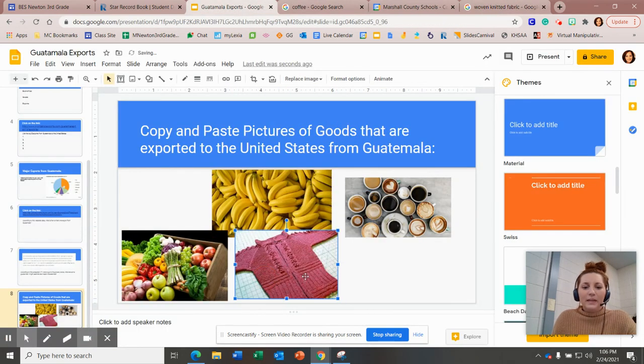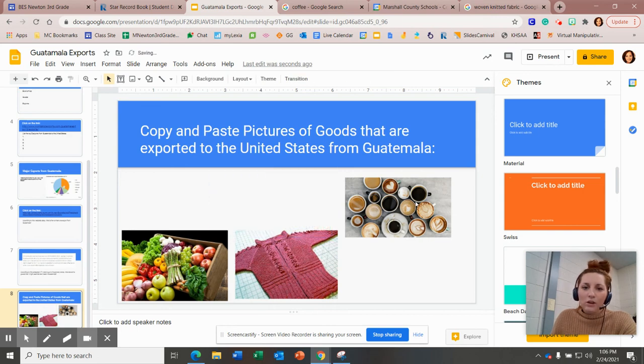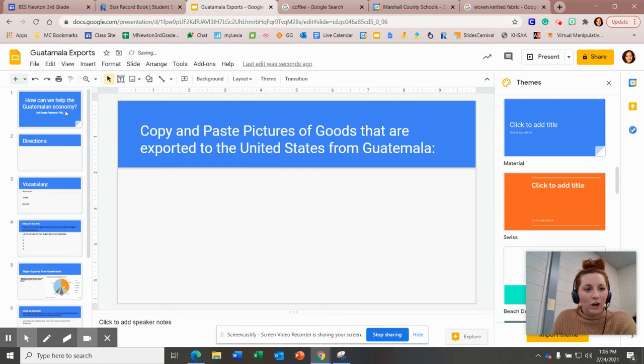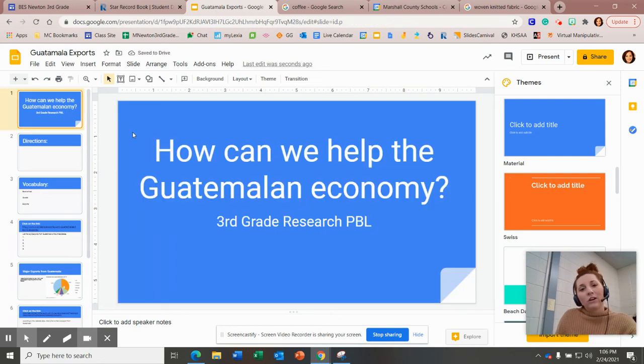Okay, so that's what you're going to be expected to do. Pretty much the whole point of this last slide and the whole point of this entire assignment is to see when you go to the grocery store, what are some goods that you can buy to help out the economy? So in return, we are still helping out Guatemala because our driving question was, how can someone in Benton, Kentucky help out someone across the world? So how can we help someone in Guatemala? Well, this is going to be our first step, buying goods that are